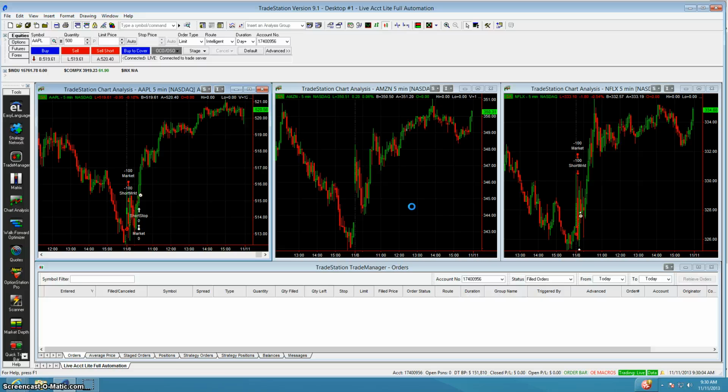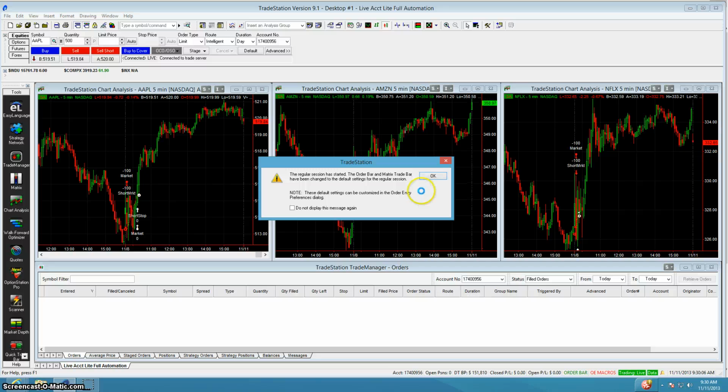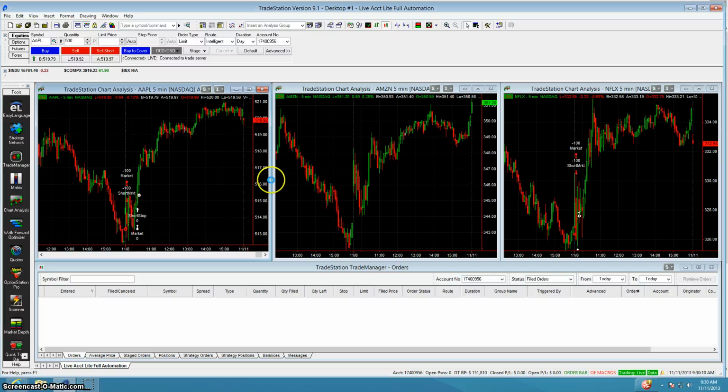Alright, there's our opening bell. A little pop-up here to let us know that the market just opened. Just click OK. And you can see we've got our first 5-minute candle on Apple starting to form, our first 5-minute candle on Amazon beginning to form, and our first 5-minute candle on Netflix beginning to form. So what we're going to do here is allow the market to trade for about 5 minutes or so. We're going to let these first candles